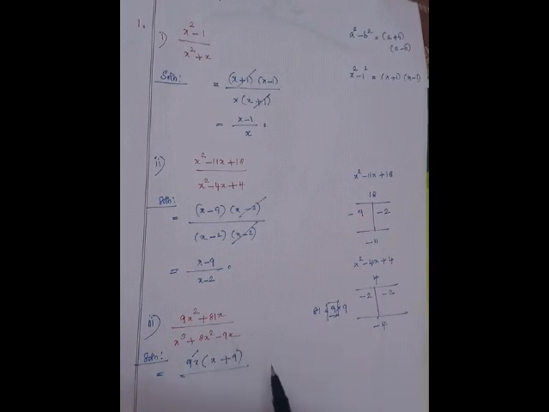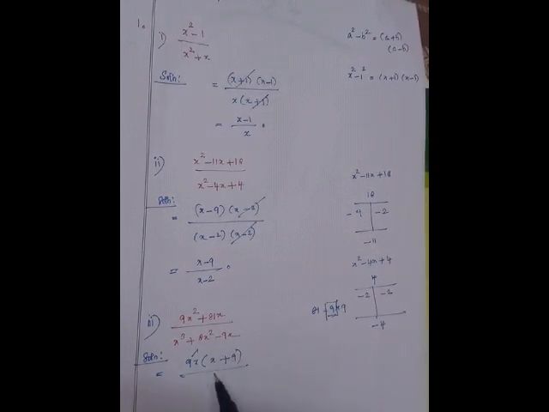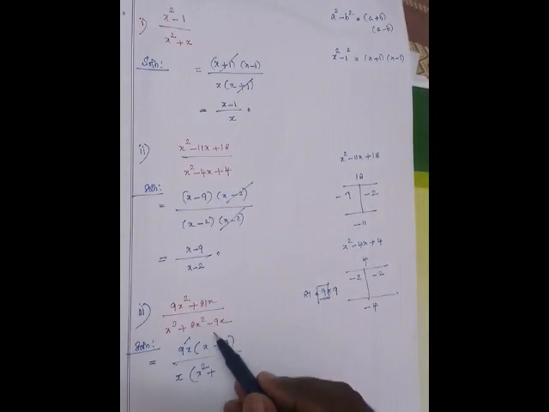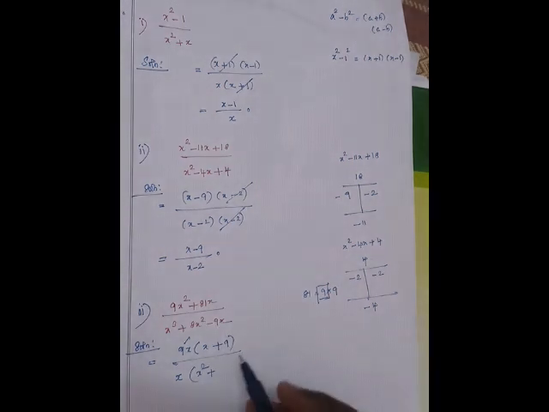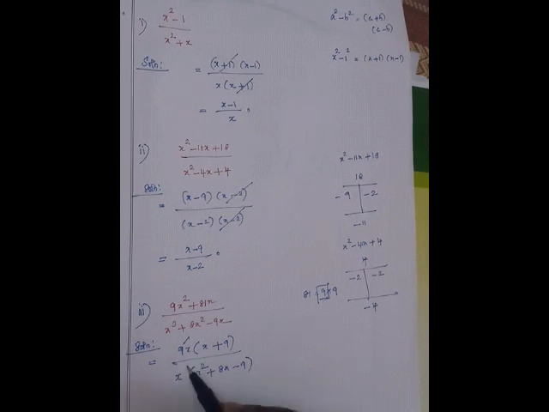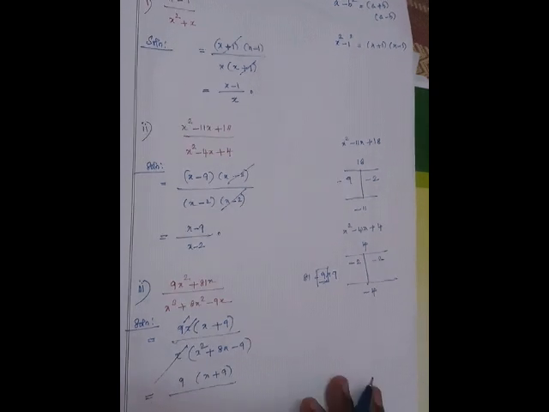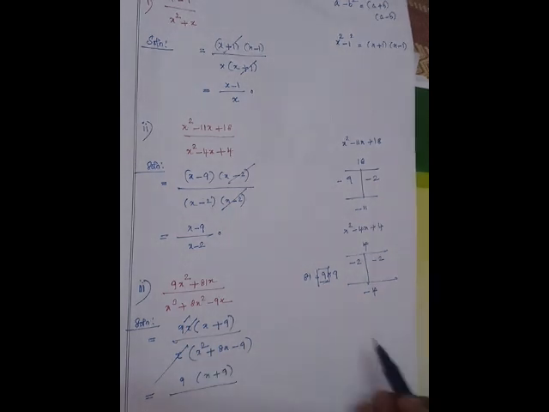here there are three terms. This is a cubic polynomial and x is the common factor. If you take that x out, what do we have? X cube, we took one x out, so x square; plus 8x square, we took one x out, so remaining 8x; minus 9. This x will be cancelled, so 9 of x plus 9. This is a quadratic polynomial. So now I am going to find the linear factors of this quadratic polynomial.